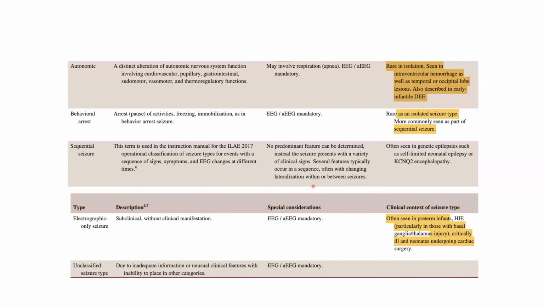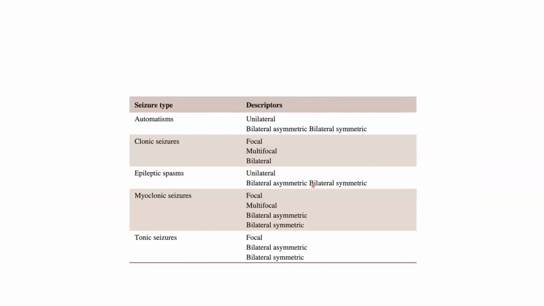So having said all this, apart from these clinical seizures, up to 50% of neonatal seizures can be only electrographic. And this is even more important in preterm infants, and particularly term infants with HIE where the damage is primarily in the basal ganglia or thalamus, or those who are undergoing cardiac surgery, or those children who are critically ill due to other causes. They may be given sedative medications or paralysis, where you will not see the clinical manifestation. So an EEG alone can be helpful in making a diagnosis of a neonatal seizure, right?